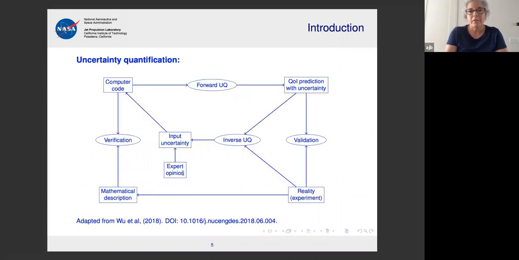So that maps in different ways to different boxes or ellipses on here. If I put the retrieval code here, then the input is Y, and I need to know something about the input uncertainty. And I have very, very little experimental data to compare to. I have only a few ground stations to compare to. An alternative would be to consider that the computer code of interest is actually the forward model, and infer the true state that led to that through this inverse UQ procedure. But I won't dwell on that. I could probably spend the rest of the time talking about it, but I won't. You'll see what I mean later.